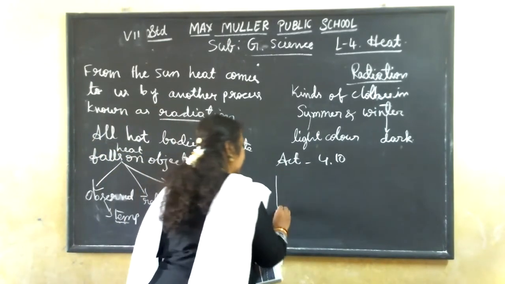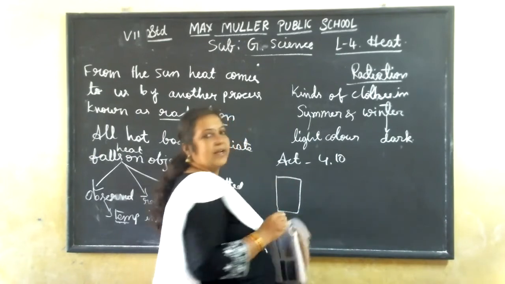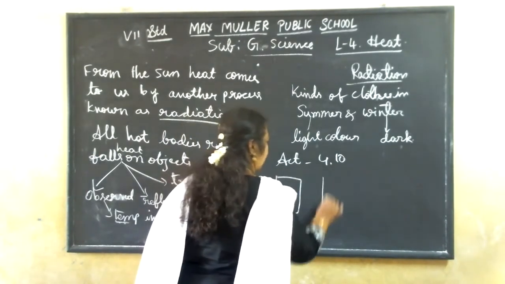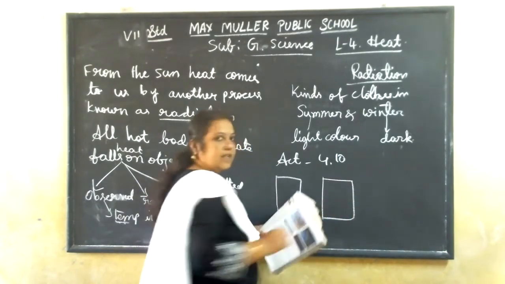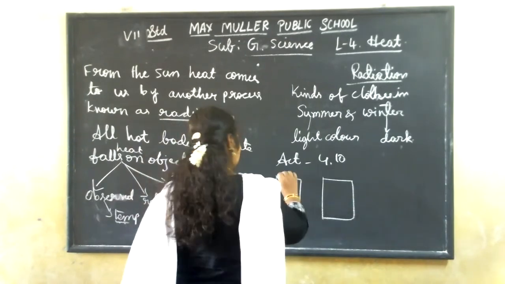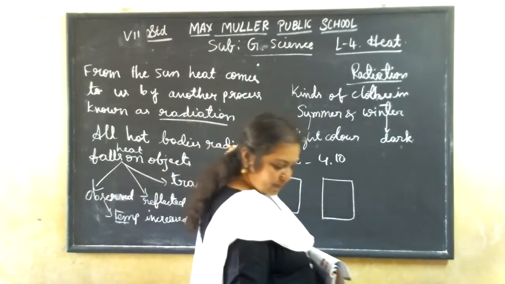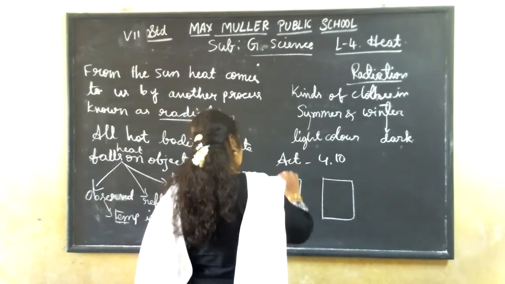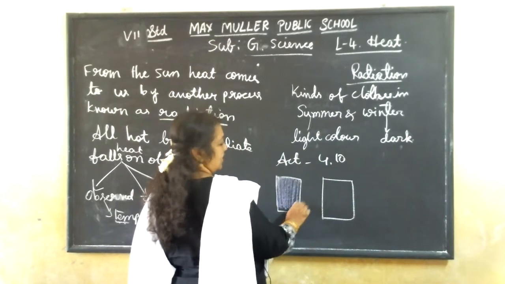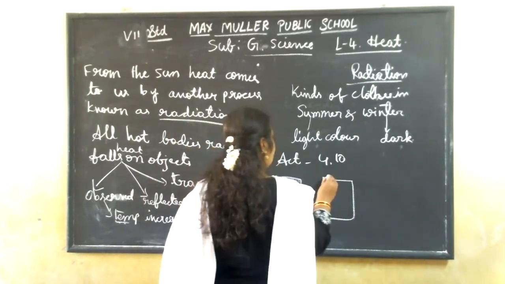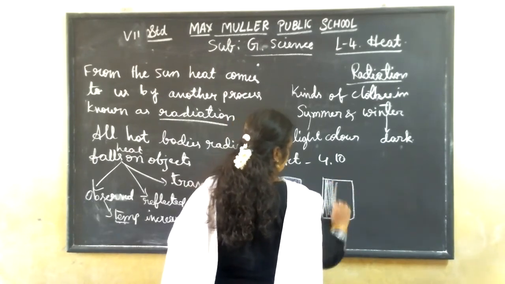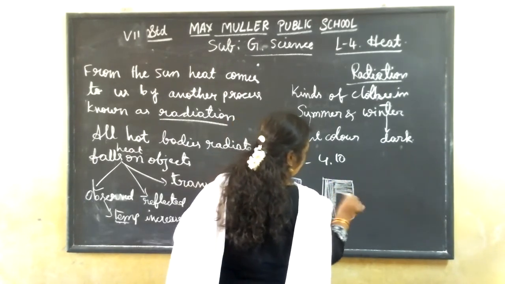Okay, so identical tins means like this, the metallic boxes, steel or iron boxes, you have to take the same two identical tins. Okay, and paint the outer surface, one with black and another one with white. See, for black color, I will shade purple. Okay, I don't have black here. And another one for white color shading. Like this I am doing. Okay, painted.